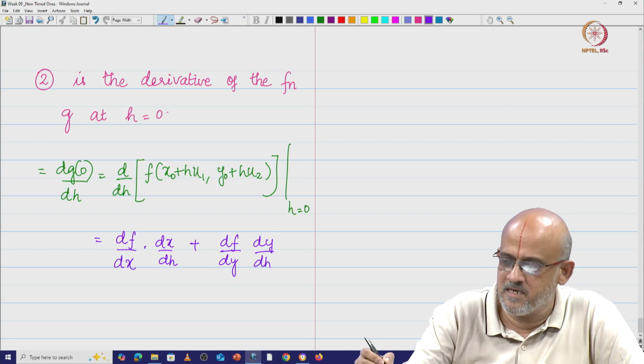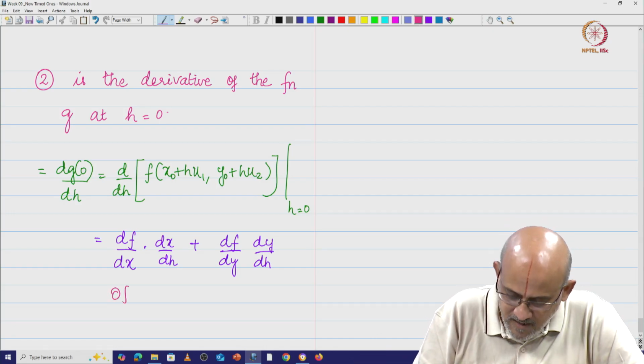And since we are doing partial derivatives, we could actually put this as dou f by dou x